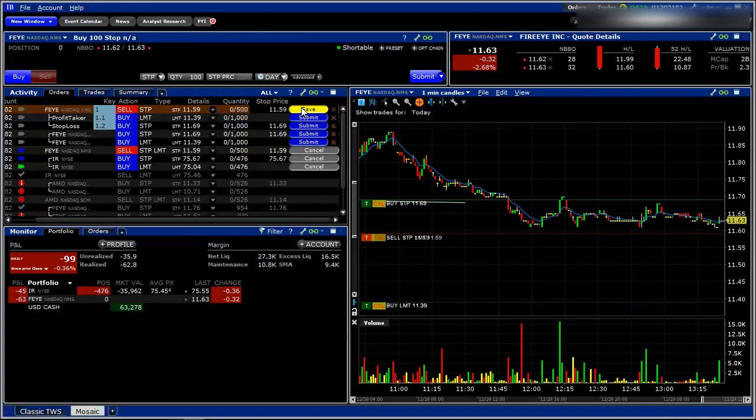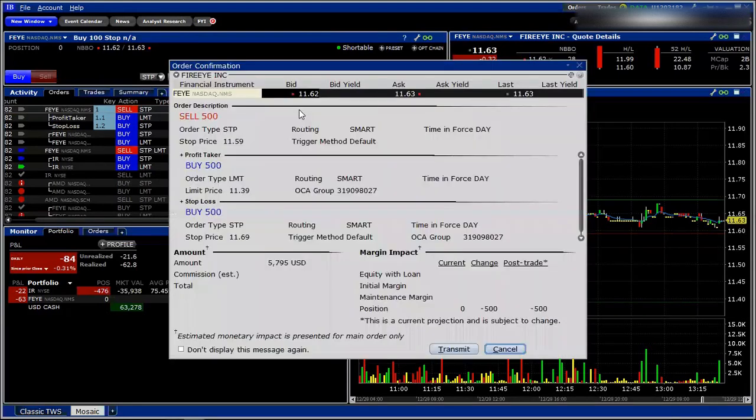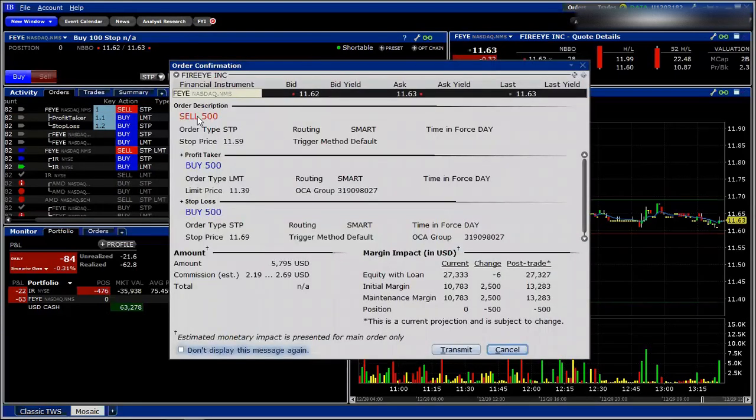And it's not letting me edit that. Maybe, yeah, okay. So once I clicked, edited the original order and I clicked update, it's there. So now I still need to hit submit. So I'm going to click submit, and it says, hey, first, do a sell stop at 11:59 for 500 shares